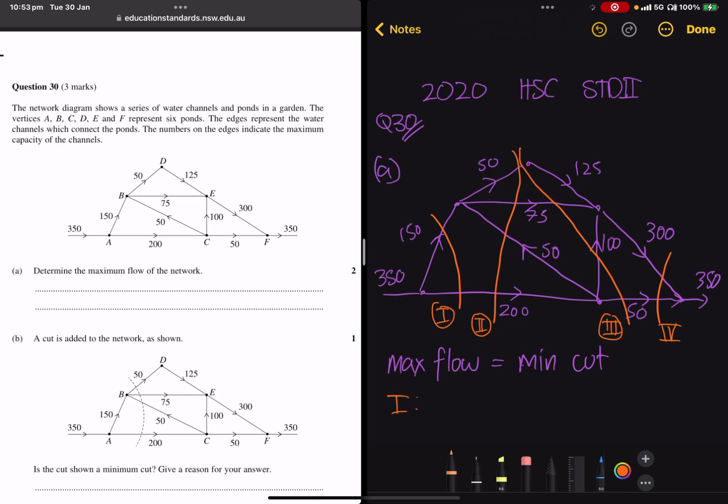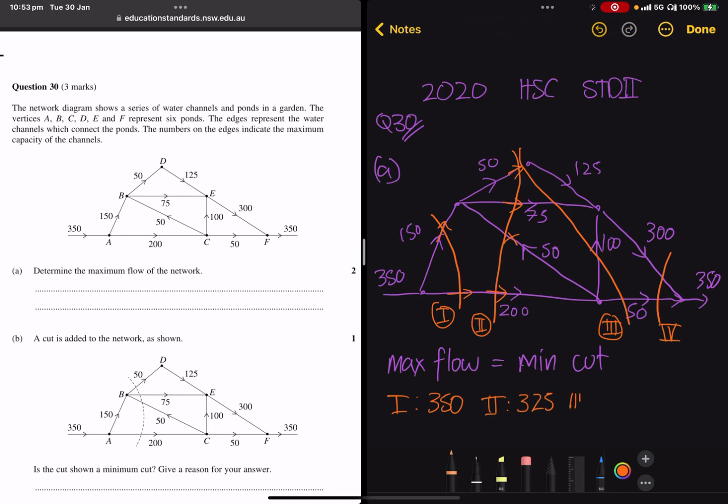So 1 has 200 going through it and 150 going through it, so it's 350. 2 has 50 going through it, 75 going through it, and 200 going through it. The 50 going backwards does not count. So anything going this way doesn't count. It has to be going from left to right. So 200 plus 75 plus 50, that's